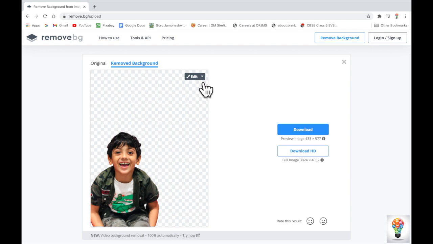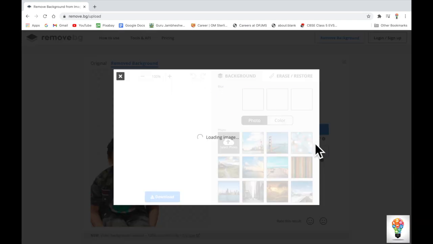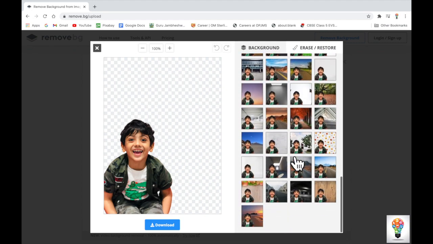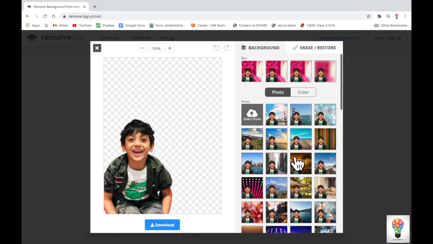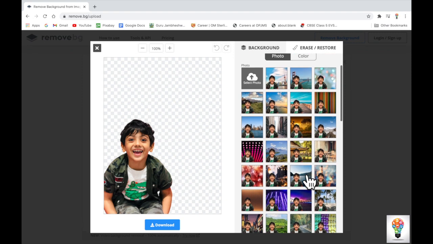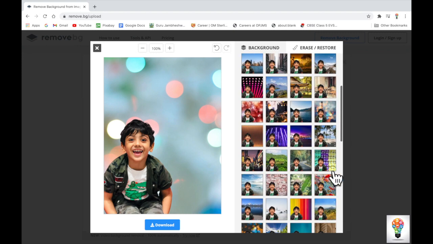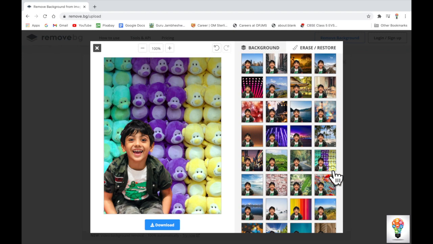We will go to this edit. Now see here, we have a plethora of backgrounds we can choose from. Okay, so if I want to add this background, see how beautiful it is looking. Then I can use this background.